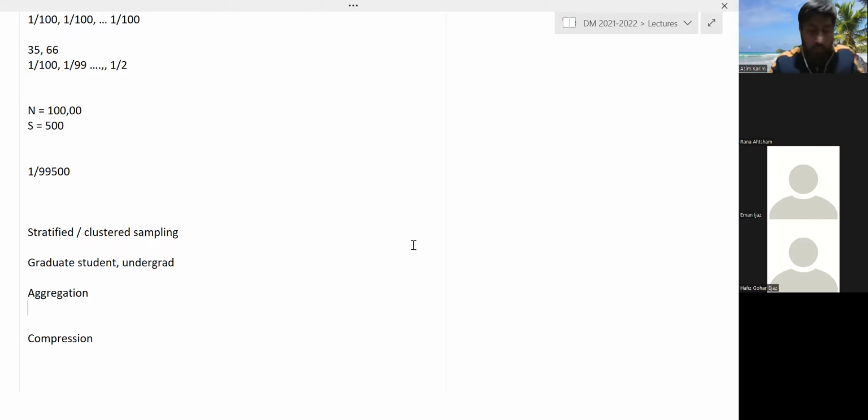So aggregation, of course, would be domain dependent, and mostly it's applied to data sets in which you have hierarchies of attribute values. So for example, let's say you have sales data from multiple stores, and for each store, there are, for example, multiple departments within those stores. So I can say, for example,